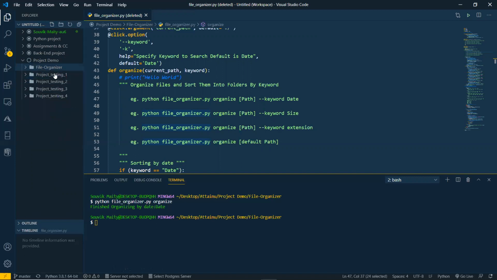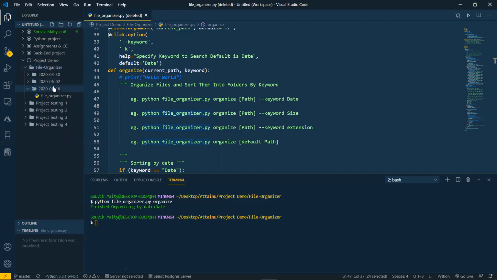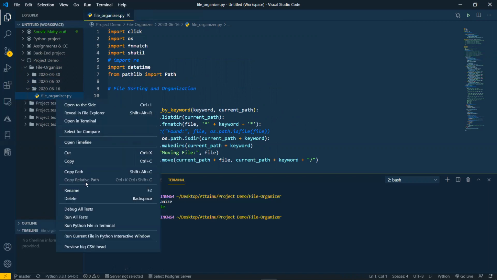Now I will show you organizing according to a given directory and according to the desired extension or the desired way to organize the files. Now we have to change the directory to access that file.